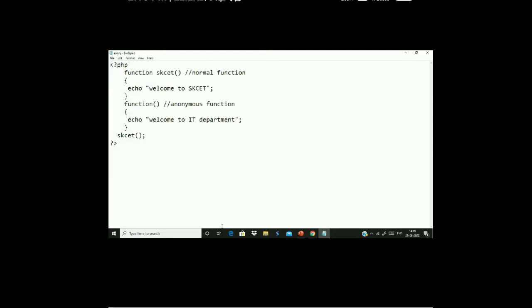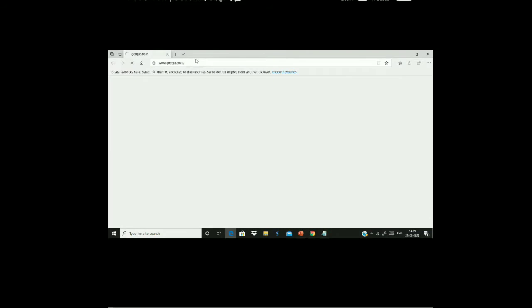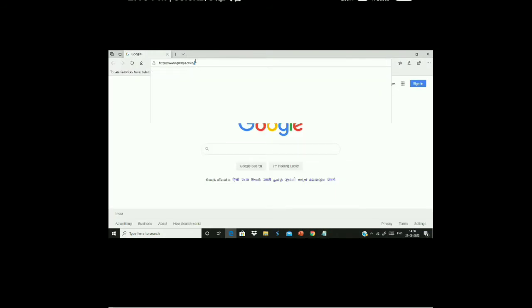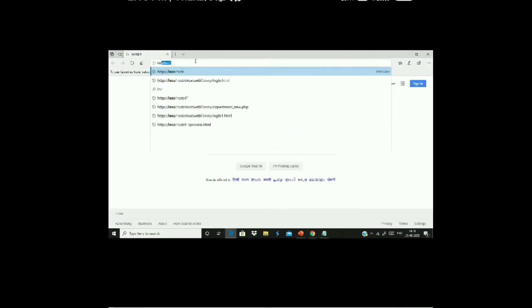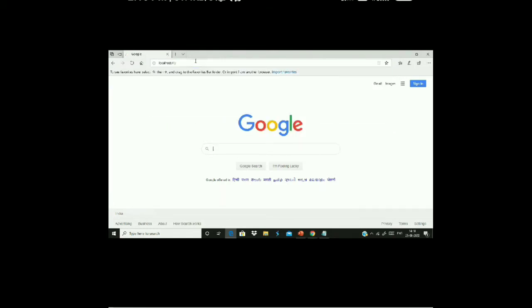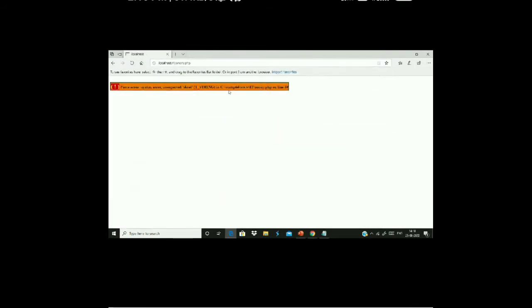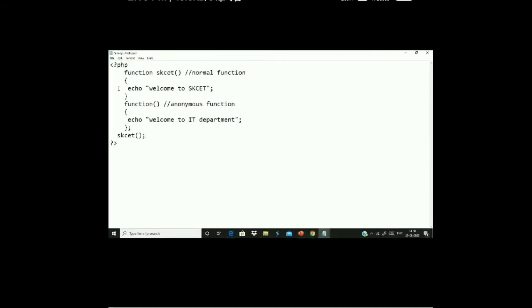Now if I run this file, there is a small mistake here: I should put a semicolon here. An anonymous function should end with a semicolon.